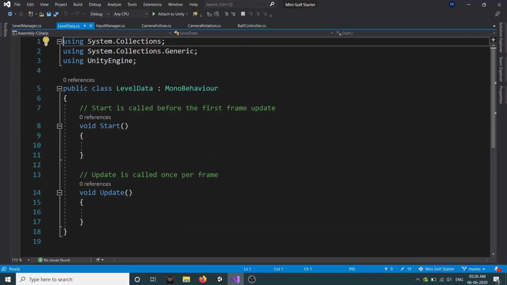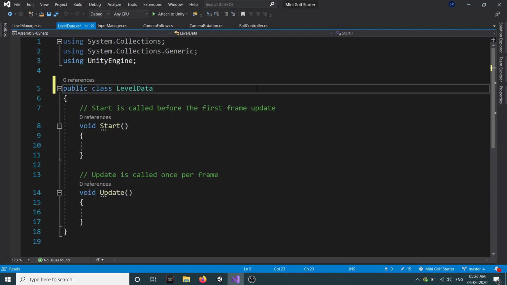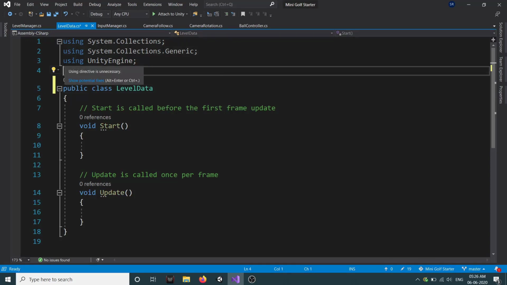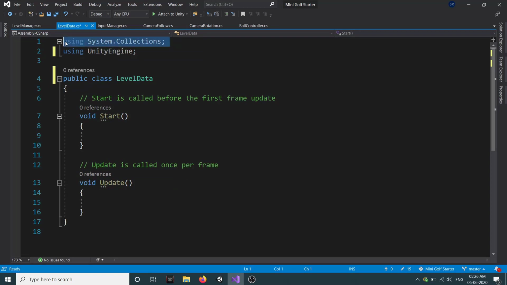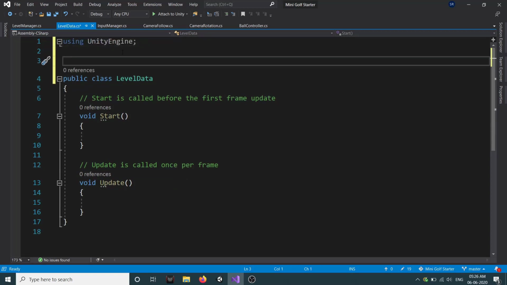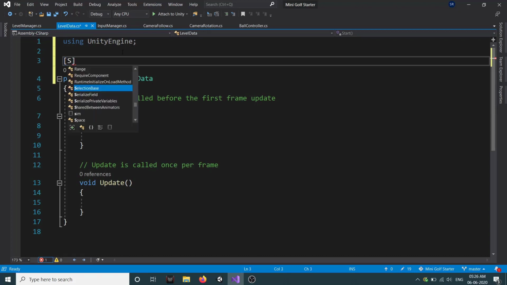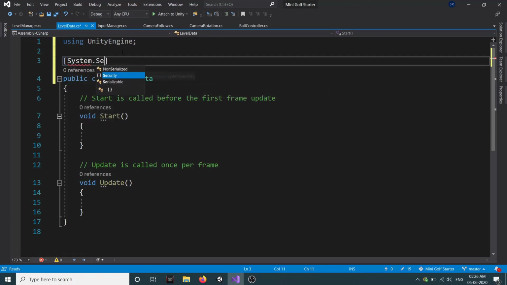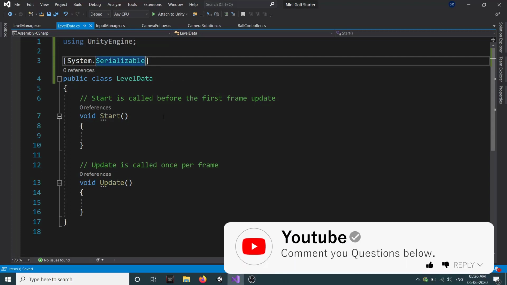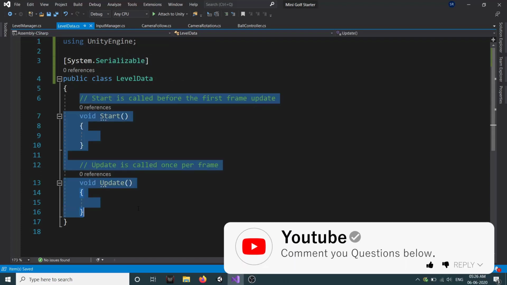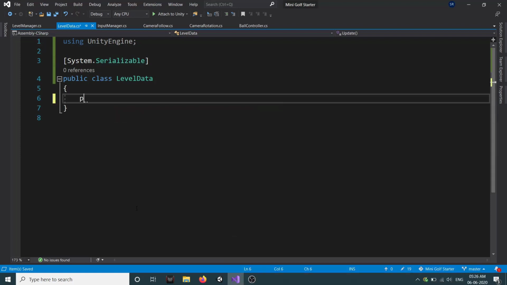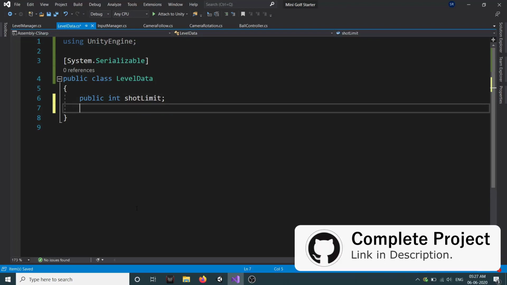So for level data, it will be a non-mono behavior because we are not going to attach it anywhere. Let's remove this. Now, as it is a non-mono behavior, we have to make it serializable. So System dot Serializable, so that we can add it to our inspector like that. Now this class will hold only two pieces of information. First will be public int shot limit, so the number of shots we can take for that particular level, and public game object level prefab. So this will store the reference to the level prefab. Now in level manager,